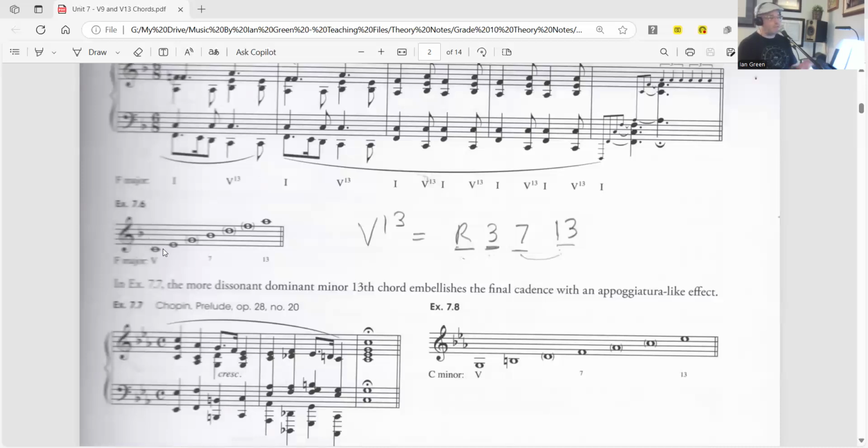But also because the root and the 3rd and the 7th are the qualitative notes of the chord, which means they are the notes that create that sound. We need to have the root and the 3rd to create that major triad sound of the dominant triad of any major or minor key. And then the 7th also creates that very nice kind of distinct quality. Then when we add the 13th,